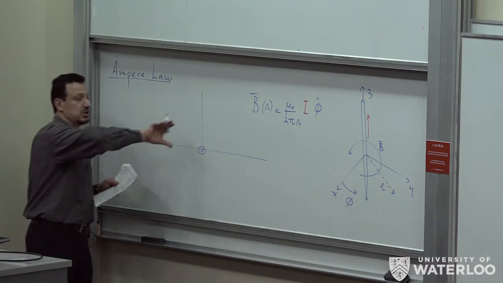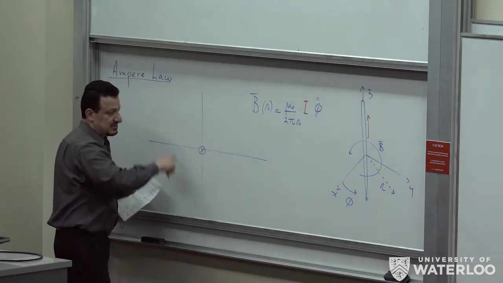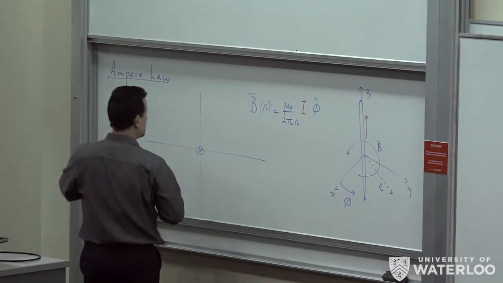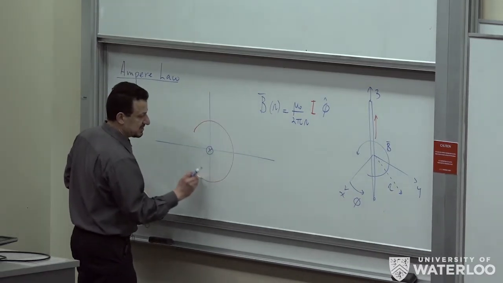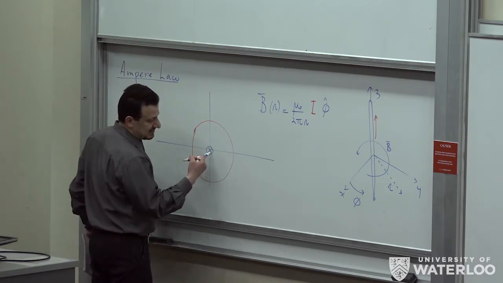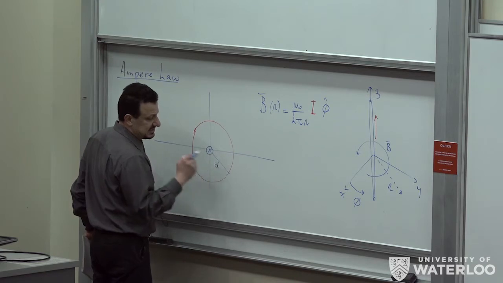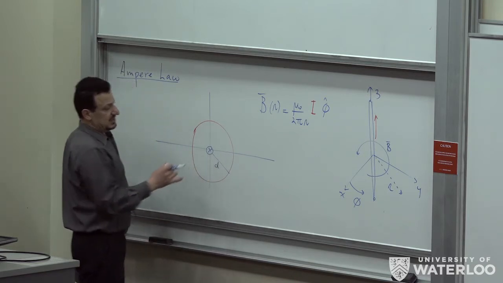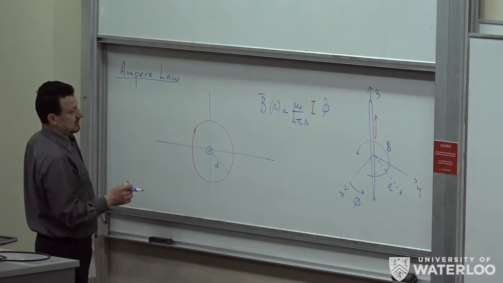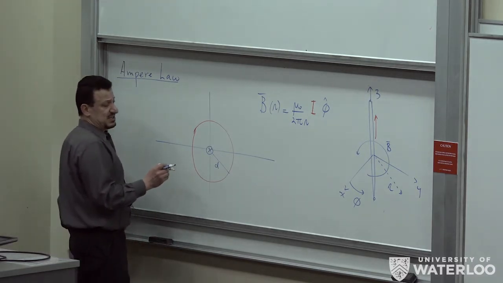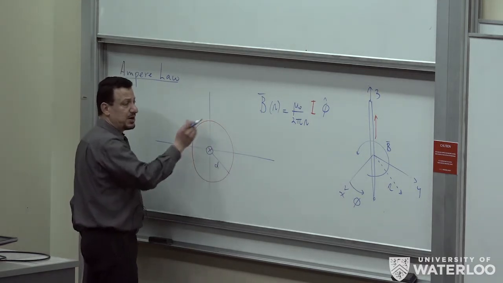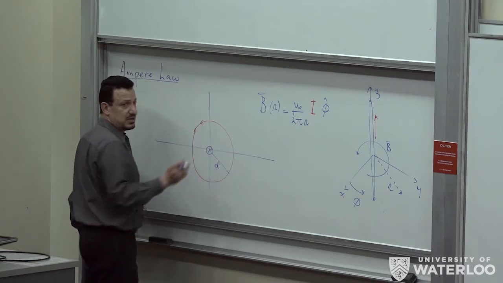If the current is going into the board, then the magnetic field lines will be making circles. Okay? Will be making circles like this. What does that mean? This means that if I am at a fixed distance, let's say d, at a radius of d away from the center, the magnetic field will be constant anywhere on this circle, and it will be going